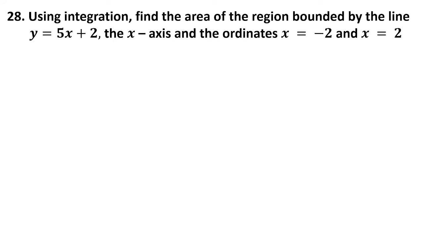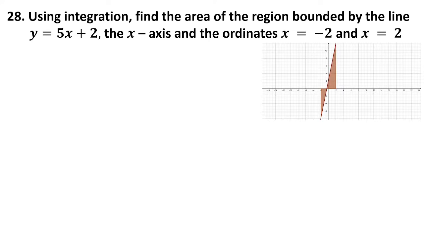Whenever these types of straight lines are coming, roughly draw the straight line. Sometimes what will happen, when you directly do the integration from -2 to 2 y dx, then you will get a wrong answer, because one part of the area may be below the x-axis. You are seeing over here. Therefore, the area which is below the x-axis, you should find it separately, and you have to find its absolute